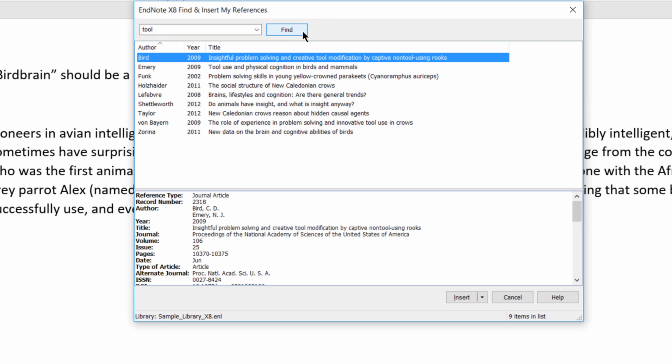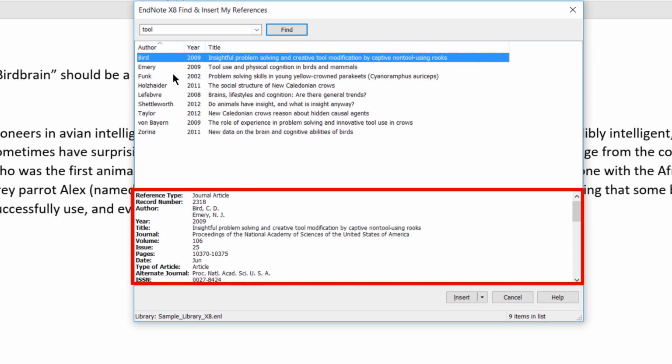EndNote searches all open libraries and brings up a list of records that contain the search term. A library must be open in EndNote for EndNote to search it from Word. At the bottom right of the window you see the number of records found. When you select a reference in the list, you will see the details of that reference in the lower part